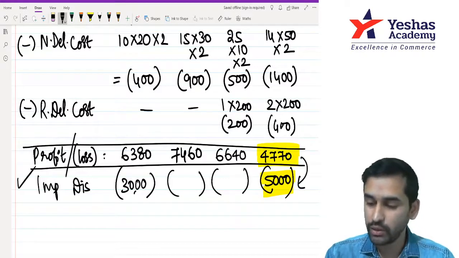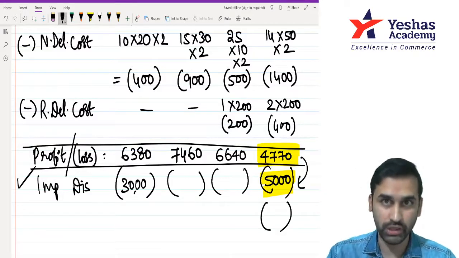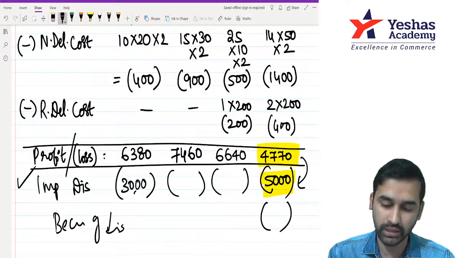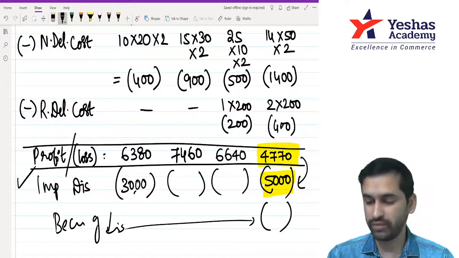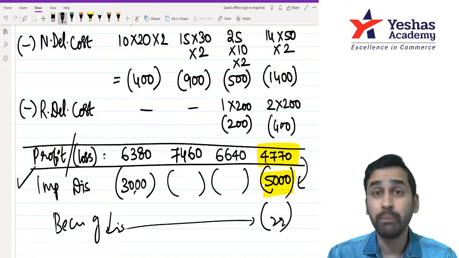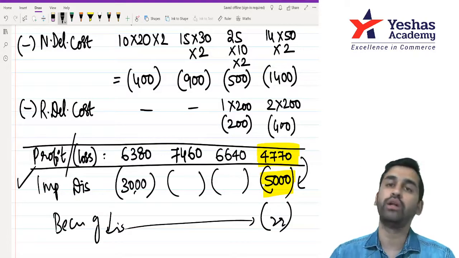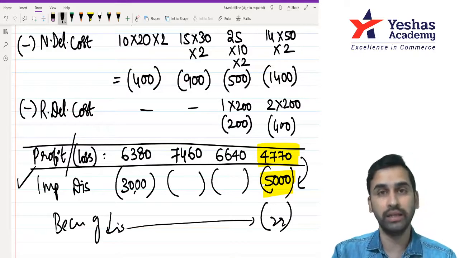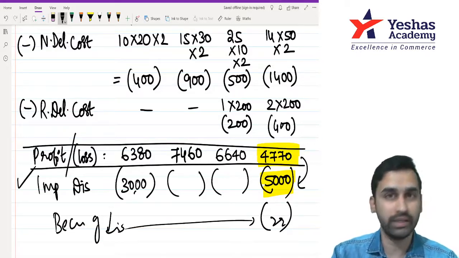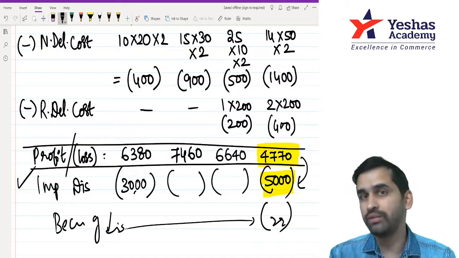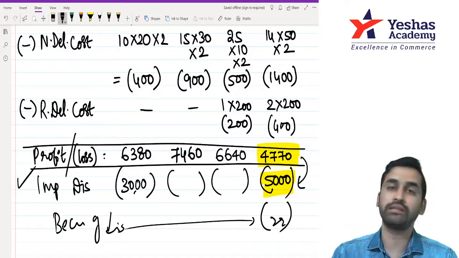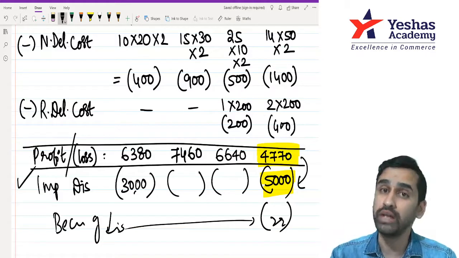And then you will say in your conclusion, in your comment, that because of discount, we are losing whatever is the difference, 230 or something that you get. Because of the discount we are getting loss. That means your suggestion would be, for customer A, B and C we can sell after giving discount, but customer D we should tell him that brother, no more discount, please buy at our list selling price only.